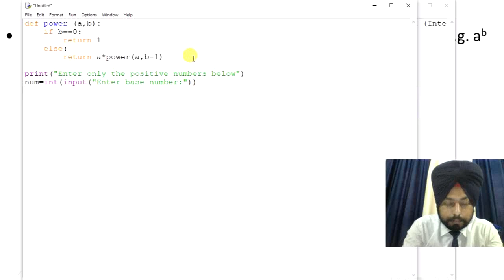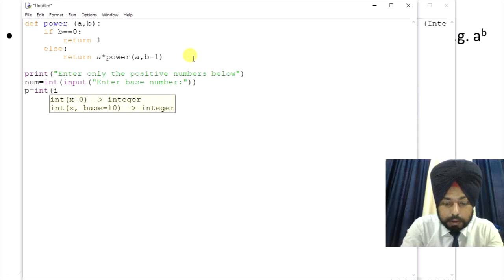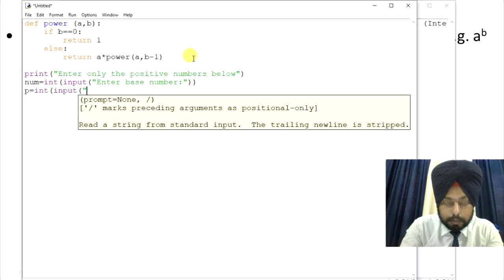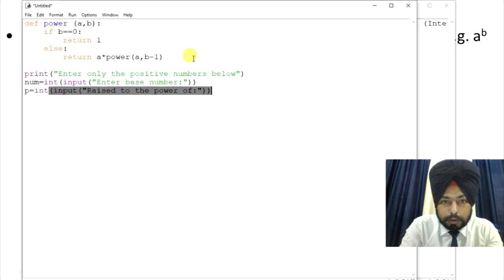Now we'll use p equals int, then input, then we'll enter a message here, raised to the power of, then close.